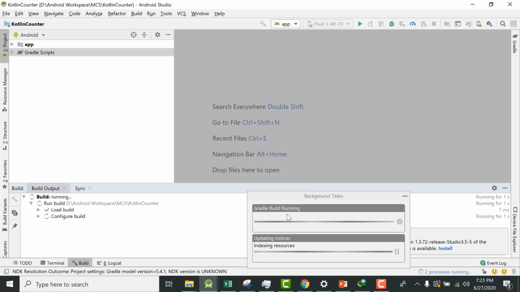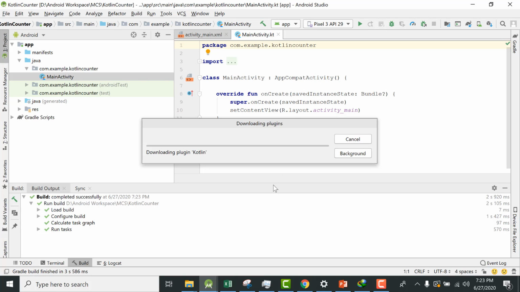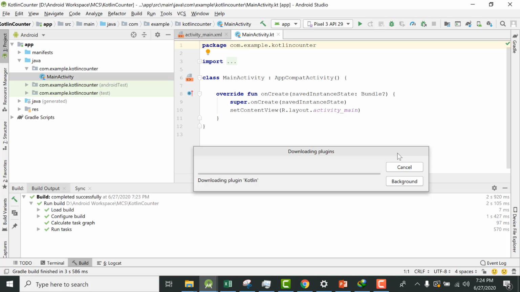Let me tell you that as always you will see updates in Android Studio, and it is telling us that a new version 1.3.7 of the Kotlin plugin is available. So let me see what that is. Okay, let us install it, and let us see what the size of this plugin is. I hope that it won't take long, but as it is downloading that plugin, I'm going to show you